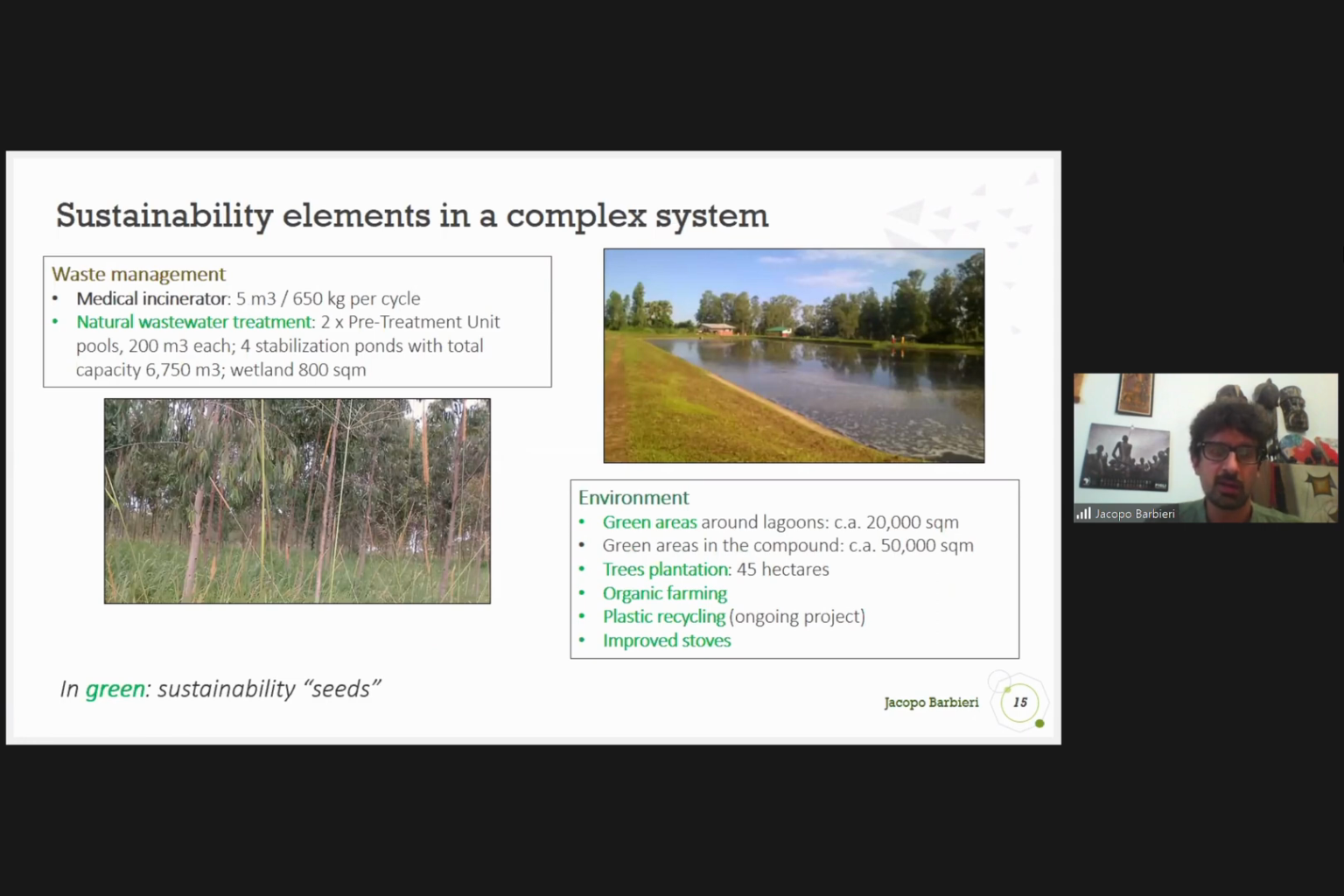Then waste management, we need a medical incinerator, which maybe is not the most sustainable solution, but the only one appropriate to the context for treating the highly infectious waste. And we have a natural wastewater treatment that allows us to treat the effluents produced in the whole compound. Last but not least, in terms of environment in general, the hospital has always tried to maintain as much as possible green areas with a large surface, plus has developed tree plantations to provide, as I said, firewood and timbers for construction. Recently it has also started an organic farming project, and we are trying to start a project for plastic recycling, and all the kitchens are provided with improved stoves to reduce the consumption of